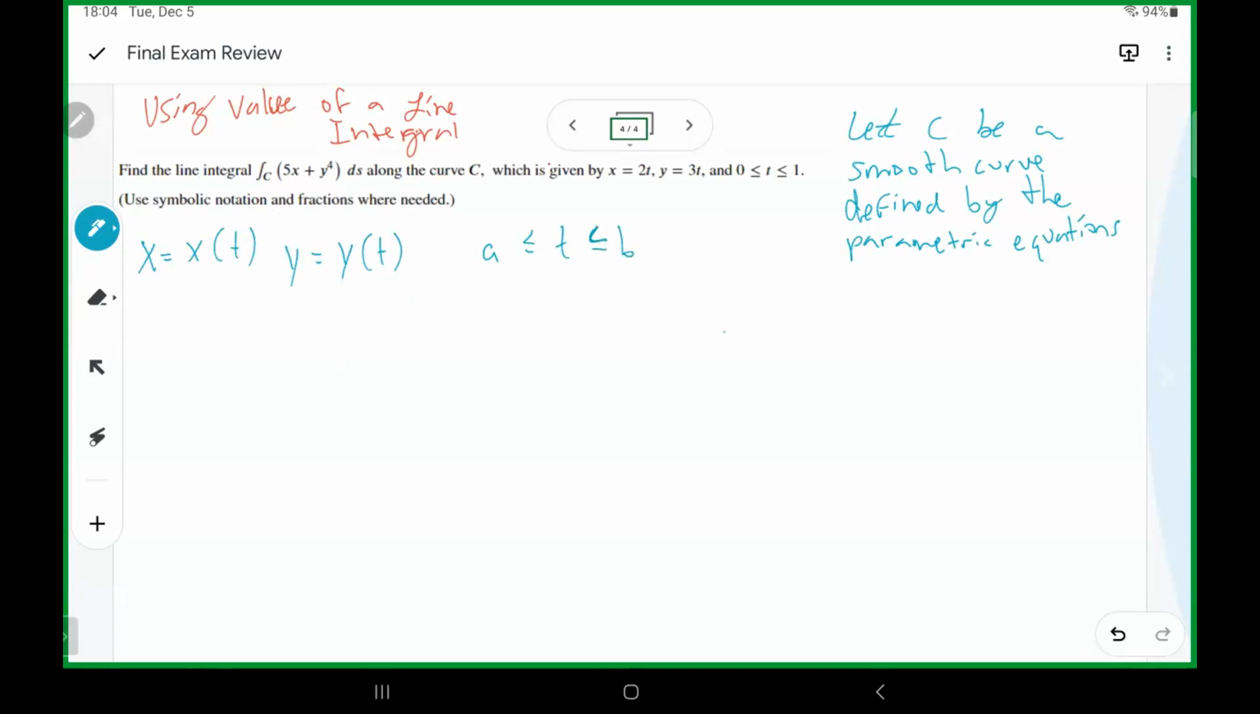All right, so we let z equal f of x, y be a function that is continuous on some region that contains the curve C, then the line integral of f along C from a to b exists. So then we have